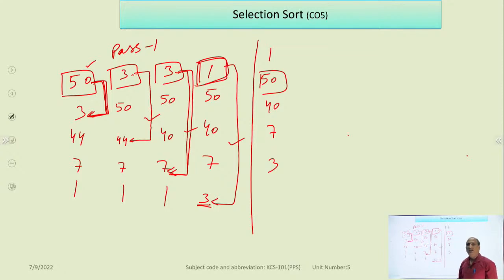So now in pass 2, we will select the next position, and the same logic will be applied. This element will compare with the next one, and if